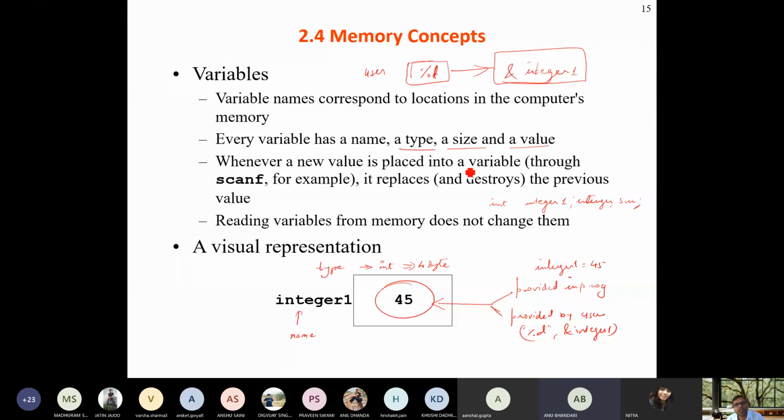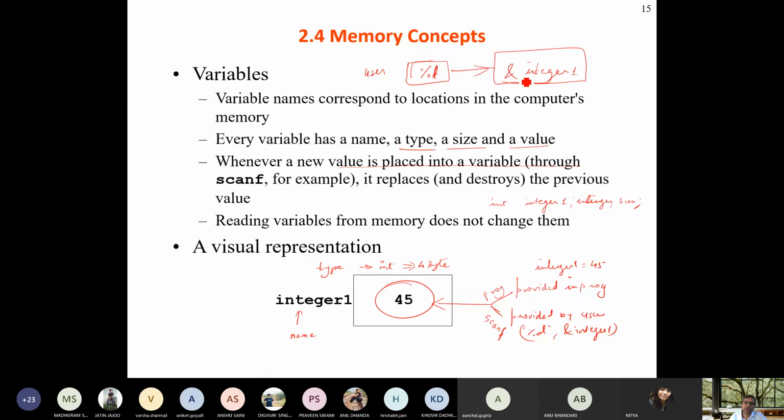Whenever a new value is placed into a variable through scanf, this is our scanf strategy. Whenever a new value is placed into a variable through scanf, it replaces and destroys the previous value, whatever value was there. In previous days, whenever we turned on the system, it held some value, which is nothing but a garbage value from uncleared memory.